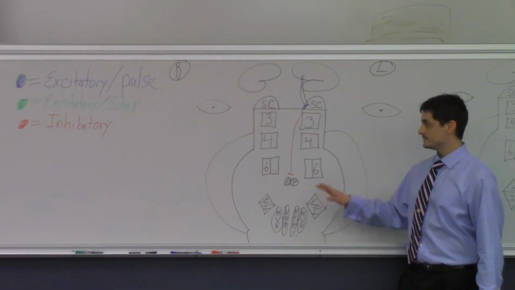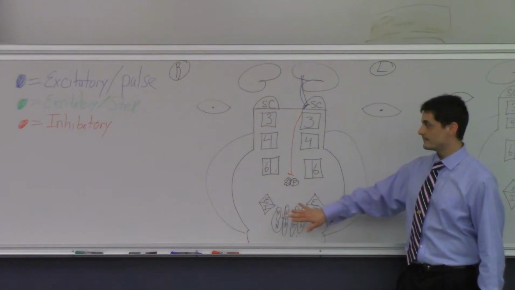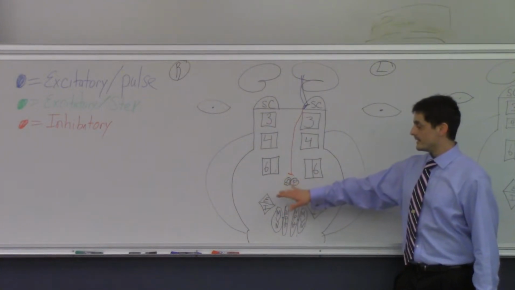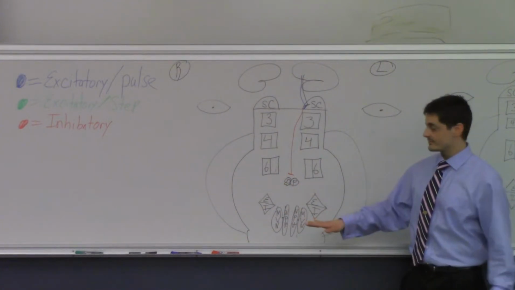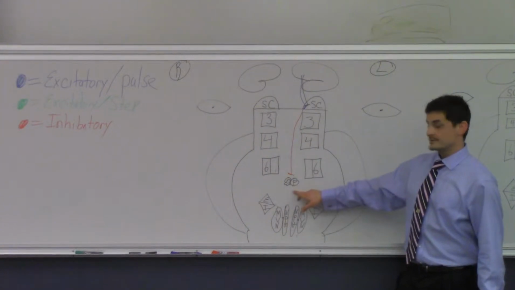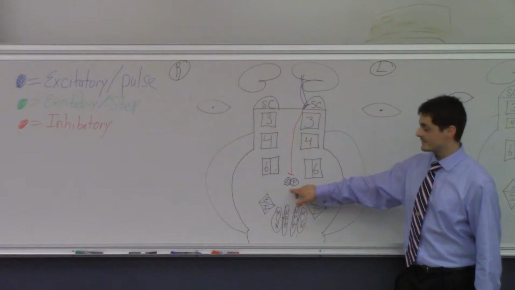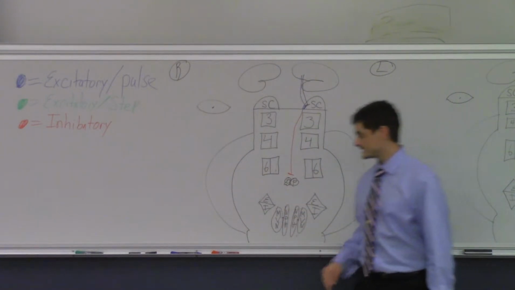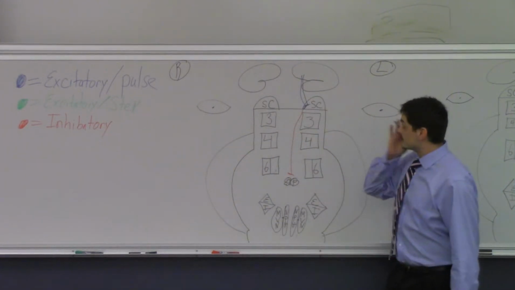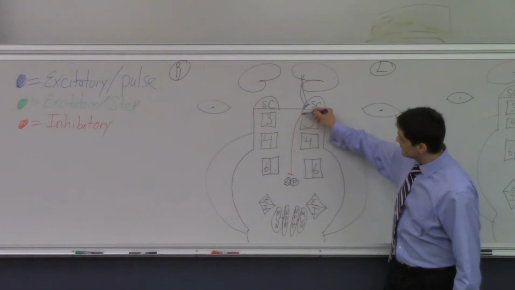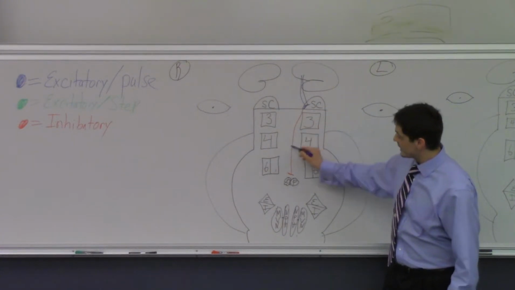Okay, we're going to get in just a second to where that burst activity comes from. But their job is to keep fast eye movements from happening. So in order to make a fast eye movement, you have to inhibit them so that they stop inhibiting the burst activity. So it also fires to the contralateral